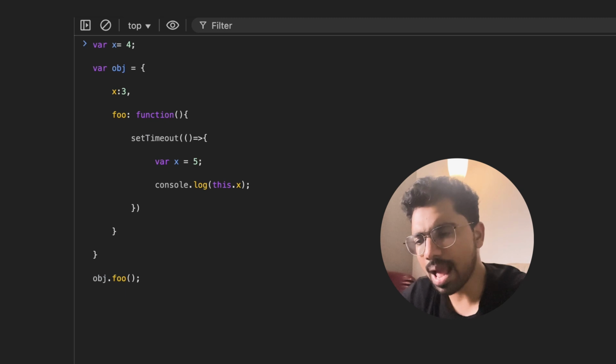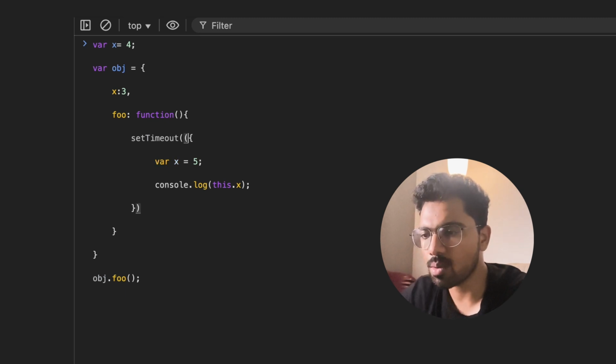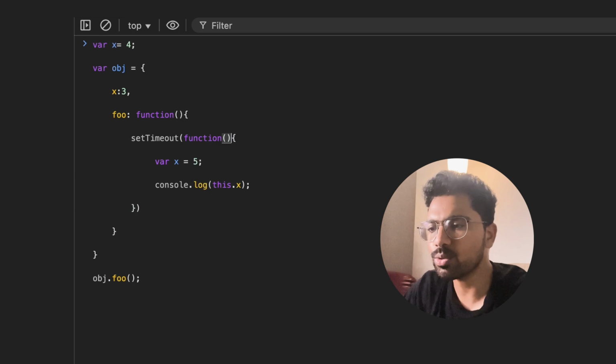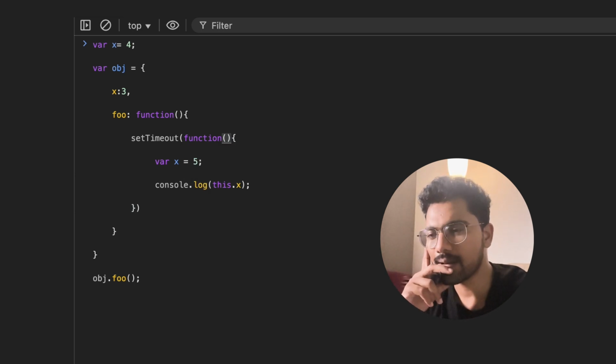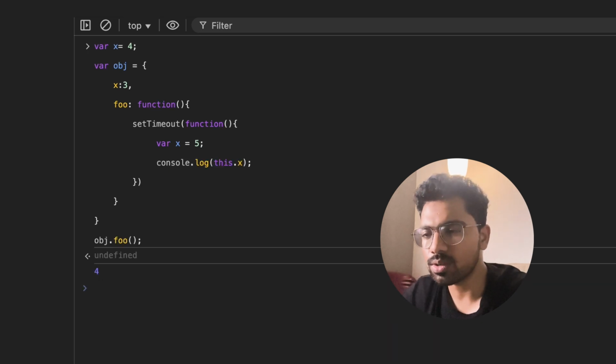But what will happen if we have the setTimeout function as a normal function? I want you to pause the video and think for about 20 to 30 seconds what will happen. So if you guessed output will be 4, you are right.